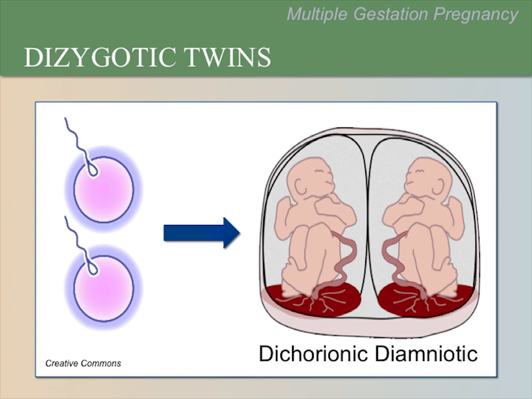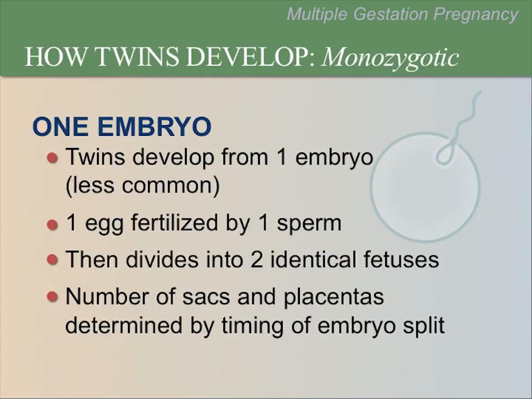Dichorionic means 2 placentas, and diamniotic means 2 amniotic sacs. Often these twins are referred to as di-di twins for short. On ultrasound, you can often see a thick membrane separating di-di twins, especially if the ultrasound is done early in the first trimester. In less common situations, one egg is fertilized by a single sperm, then splits into 2 embryos,